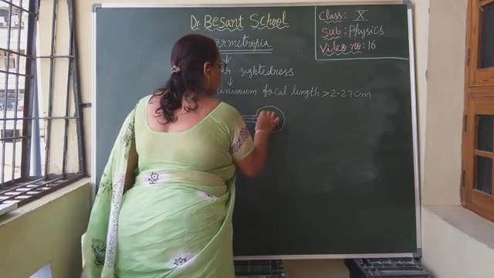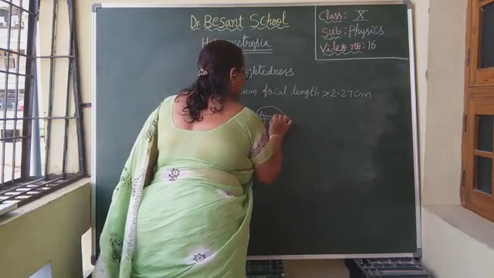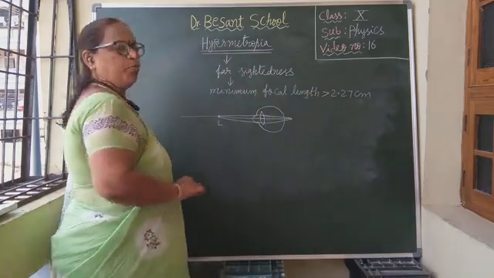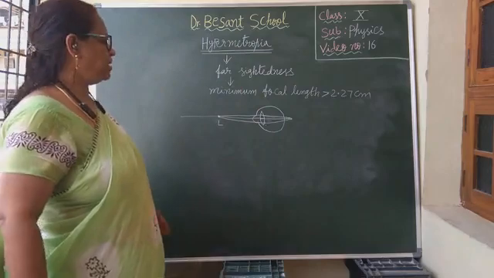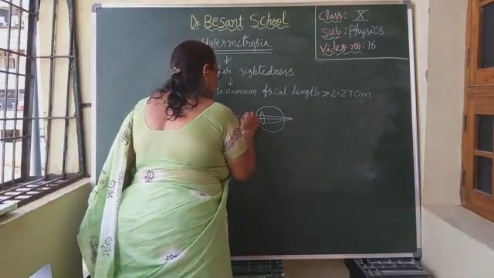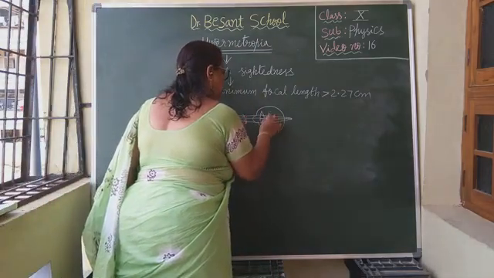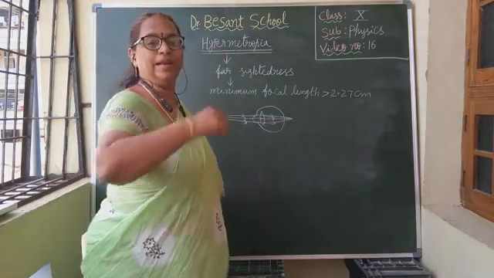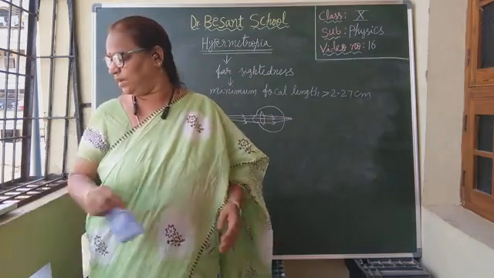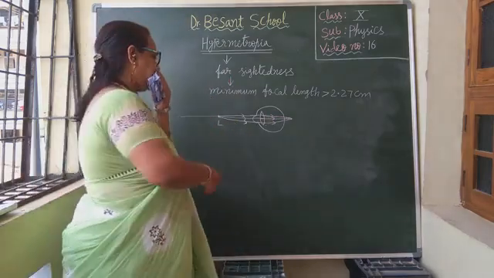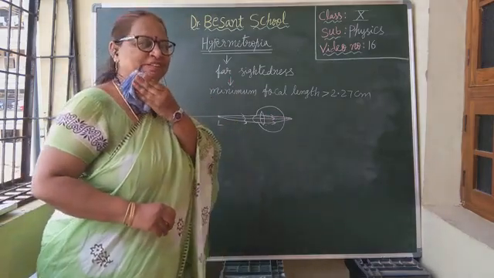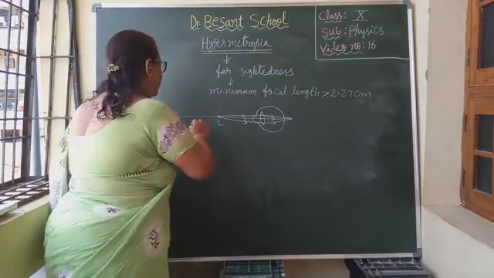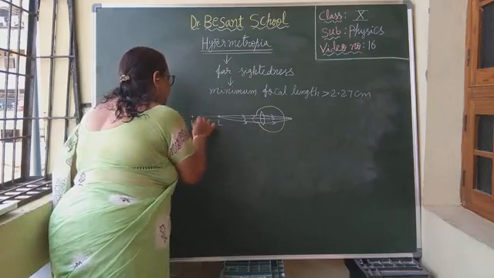See what will happen after bending the rays. As the minimum focal length is more than 2.27 centimeters, what is happening to all the refracted rays? They are converging at a point beyond the retina. It is going beyond the retina when the object is at L, meaning the 25 centimeters, or even beyond L, up to the point H.